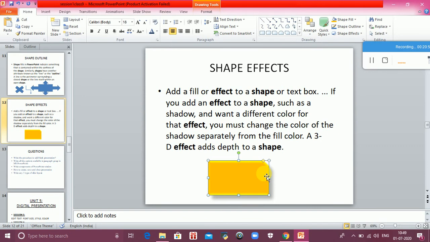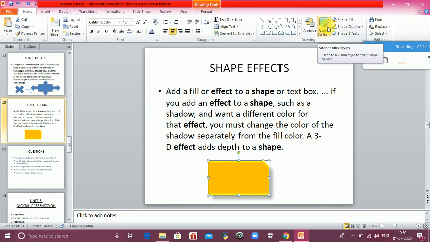So in this lesson, in this session, we learn how to add the shape, how to change the shapes. For changing or modification of the shapes, we are having 3 handles. We can use any one of them. Apart from them, we are having quick style to style our shapes. Next we are having 3 more options like shape fill.